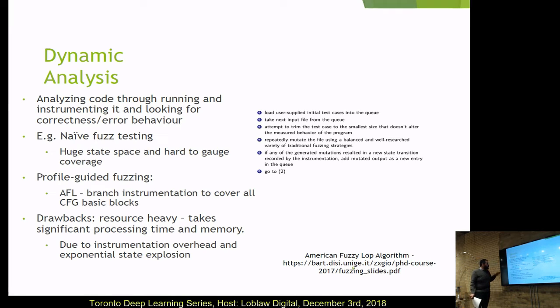But then again, they are used to great effect, and all of us have probably heard of it. Fuzz testing is one example. You just generate random inputs and try to crash programs that are working with user-supplied inputs. Now, the naive version of it is basically you generate random stuff, you mutate random stuff, and see where that gets you. More profile-guided fuzzing, which is exemplified by AFL, is that you're instrumenting your branches in